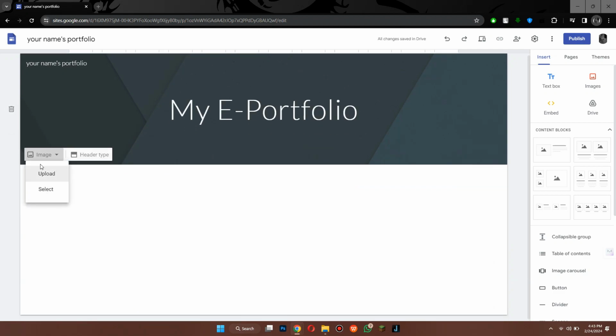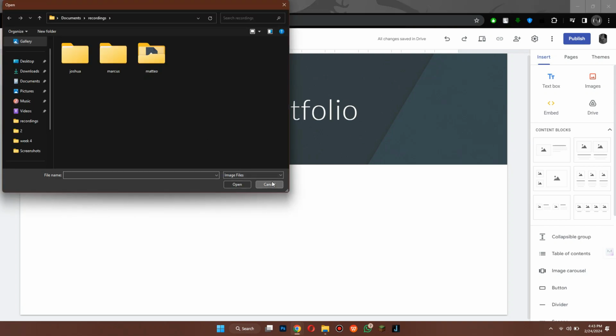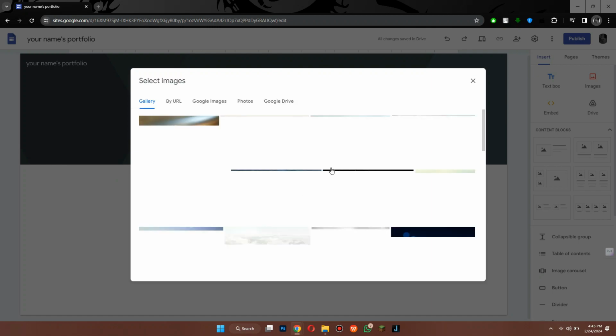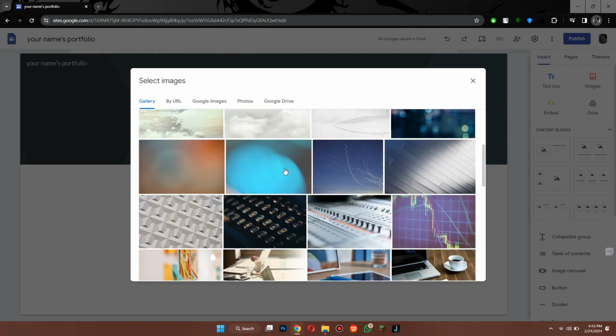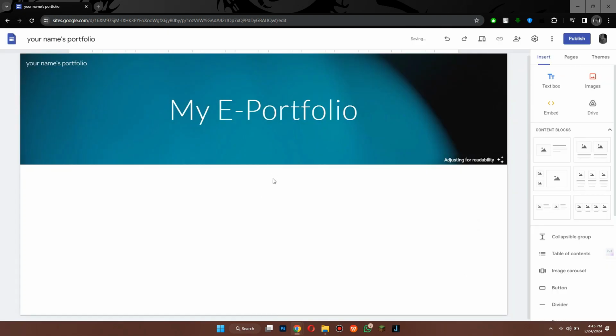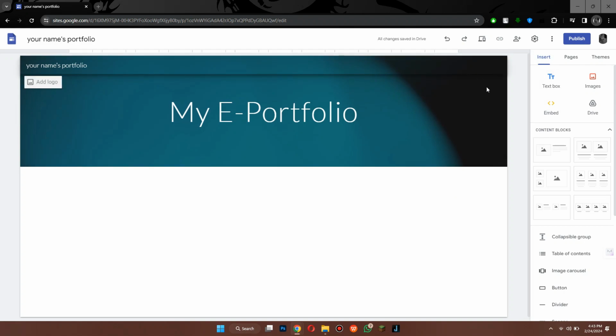Then you can actually change the image. I like the ones that Google offers, so I'm going to click on Change Image and select Image. You can select whatever image you want to. Back on your home page, you have your pages to add. For the pages, in the top right-hand corner of your screen, click on Pages on the right-hand side of your